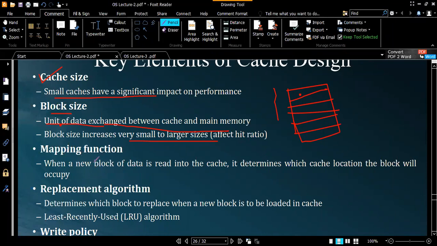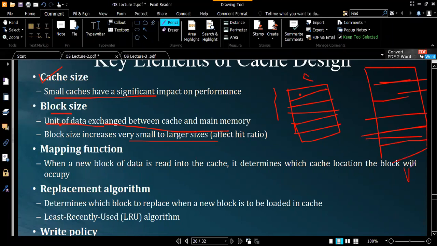Then we have to talk about the mapping function. What is the mapping function? Let's assume this is my cache memory C, and this is my main memory M. Now, let's assume in my CPU, currently there are 5 programs. This is program number 1, this is program number 2, and so on. Now if I'm executing the instructions of program number 1, so if this is the data of program number 1 and this is the data of program number 2,